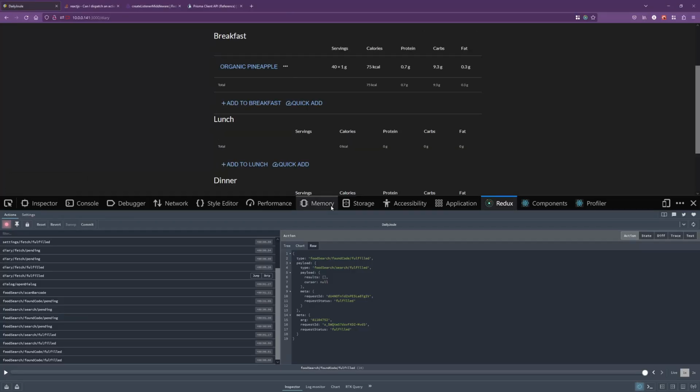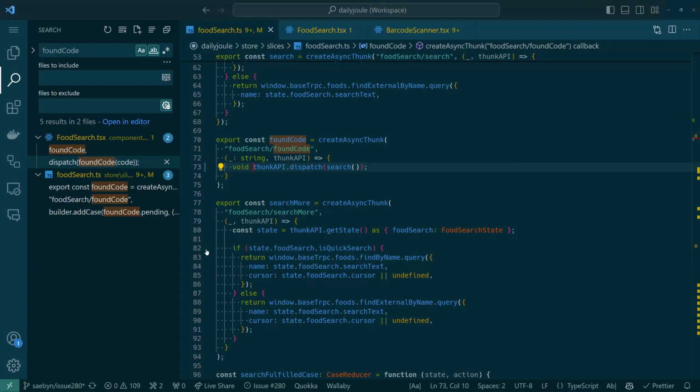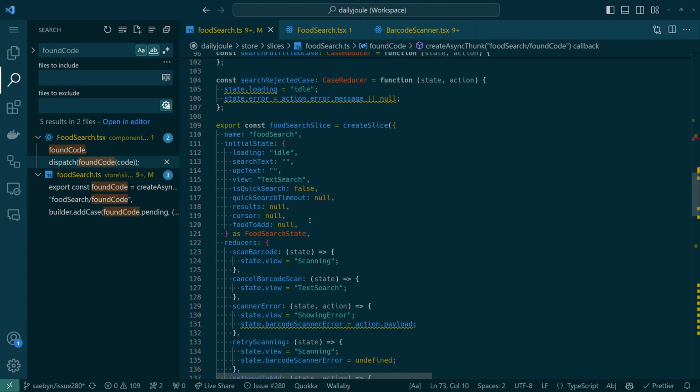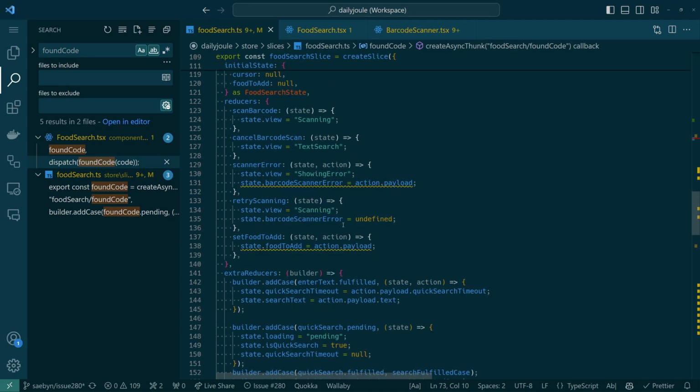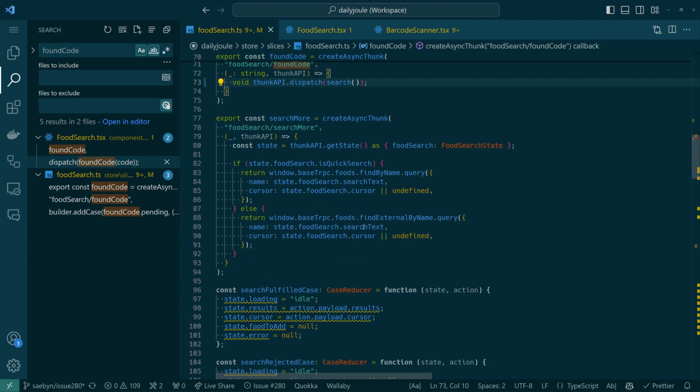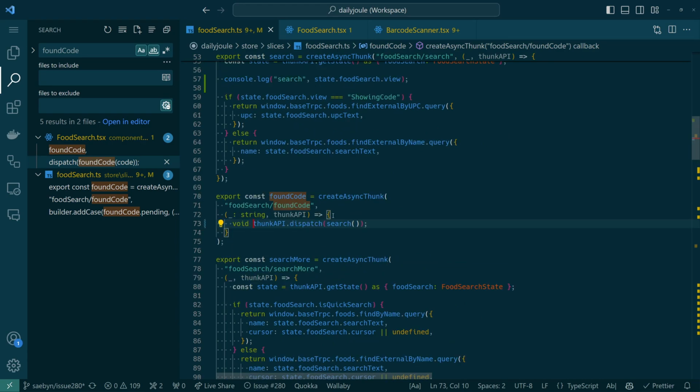Let's try that. Because what I think I want to do is have this so that we could hook onto the found code fulfilled, and then when that's fulfilled is when we would change the state. Ooh. Yeah, that might be good. If this works, what we can do is